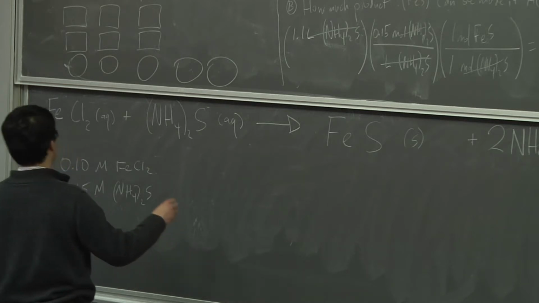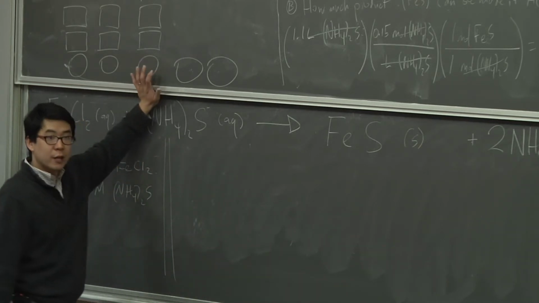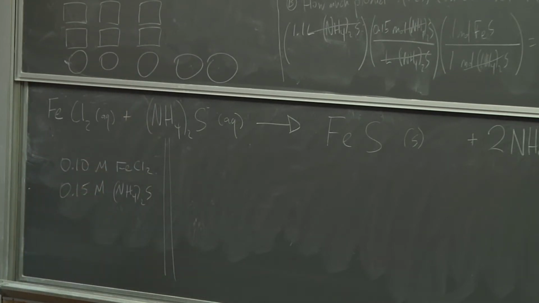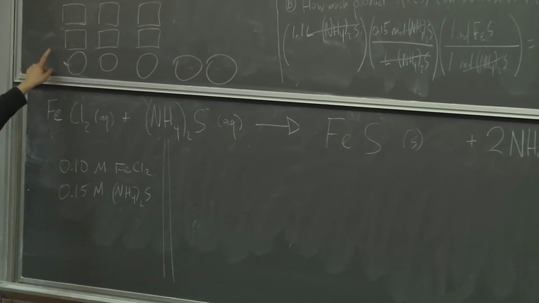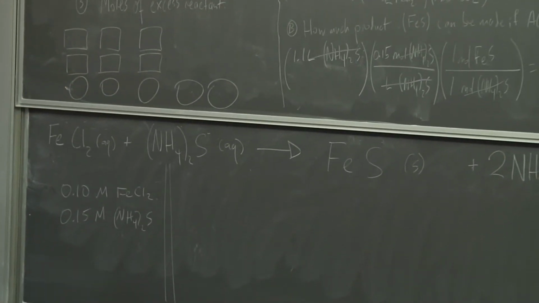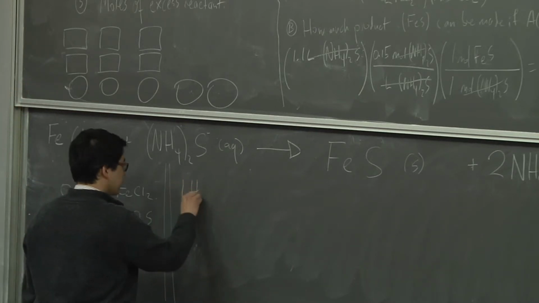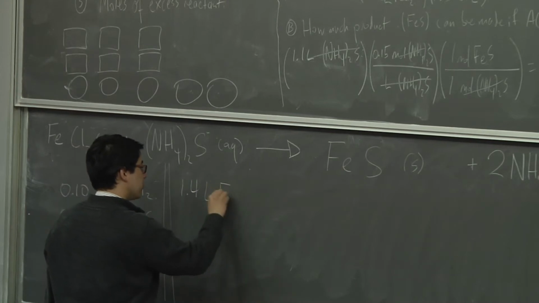Okay, so where do I start? I start with the limiting reactant, right? I start with how many breads I have. And what's the limiting reactant? The limiting reactant, we said, is the FeCl2. So I'm going to start with, we did this calculation already, 1.4 liters FeCl2